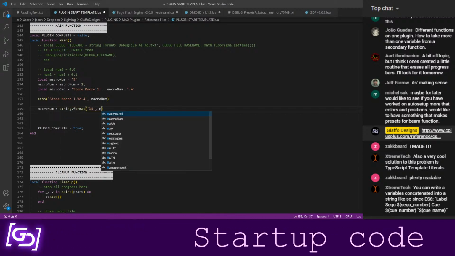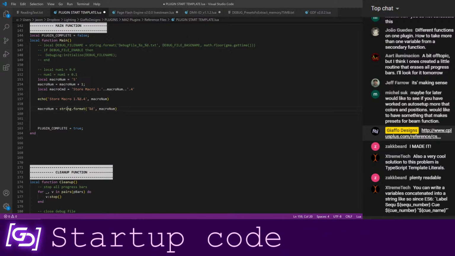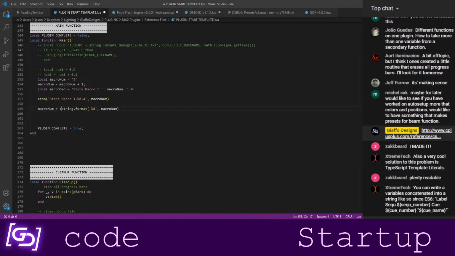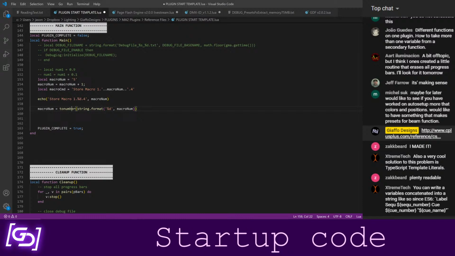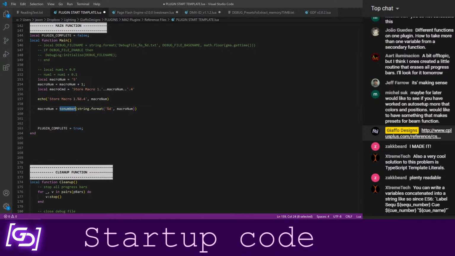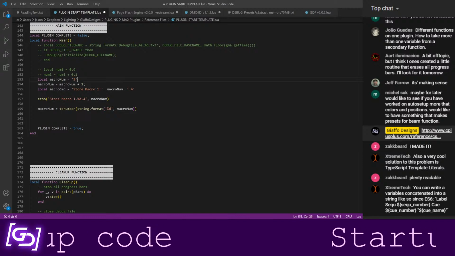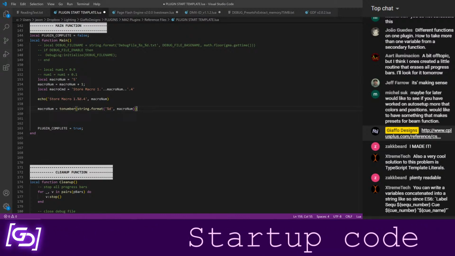So we're going to provide our original number as an argument to string.format, so it turns it into a string that has no decimal, and then I'm going to say to number, all of that. So it takes it back to a number. And the explicit to number conversion will try to make it an integer first, but not the implicit one when you just try to perform math on a string. I'm hoping that makes sense.